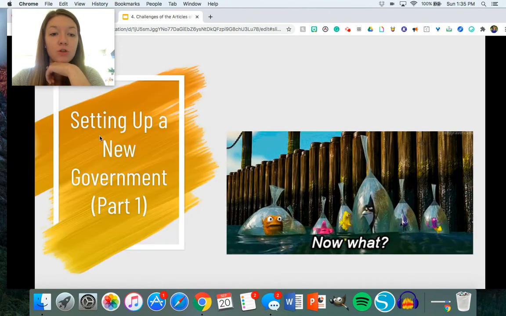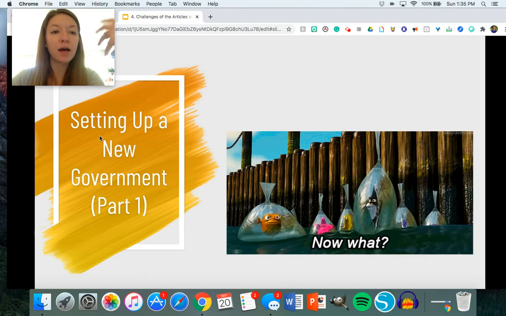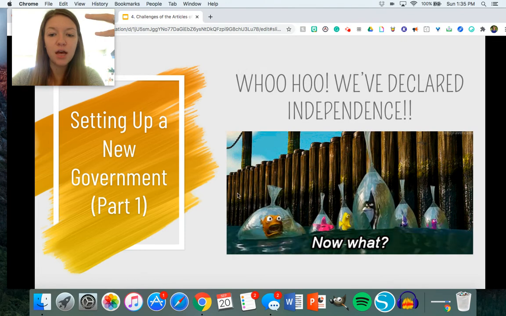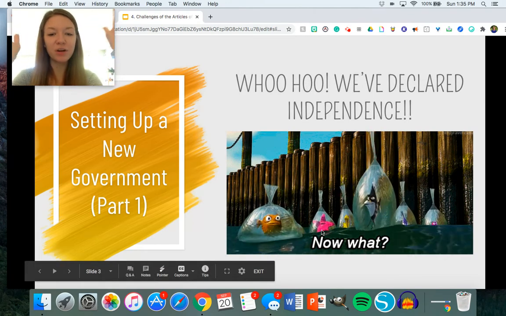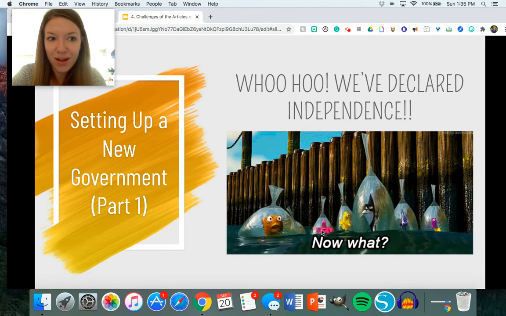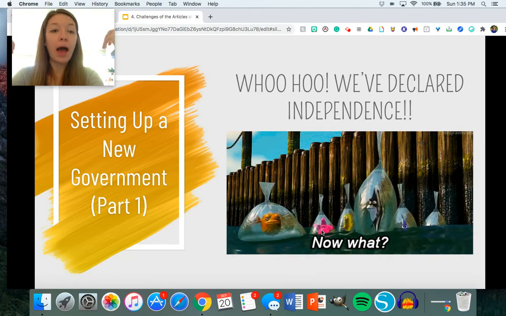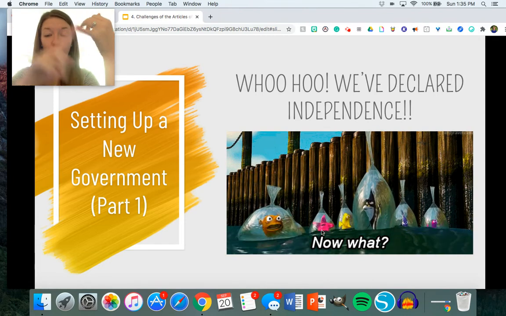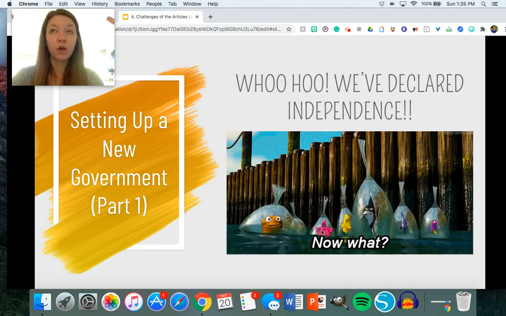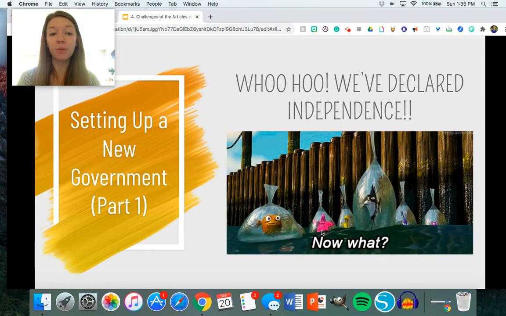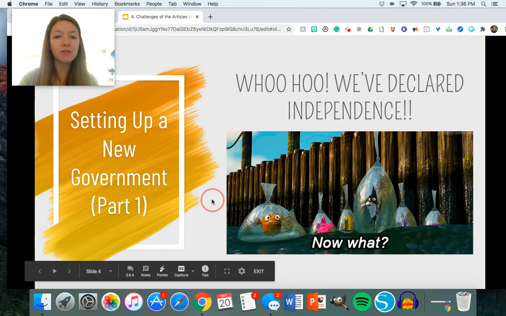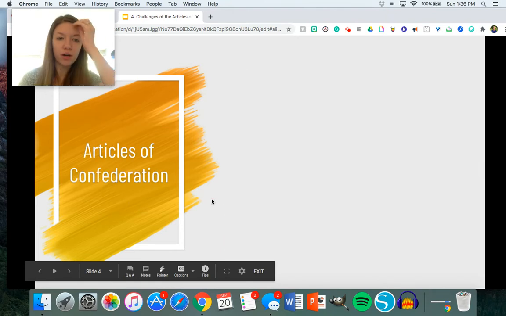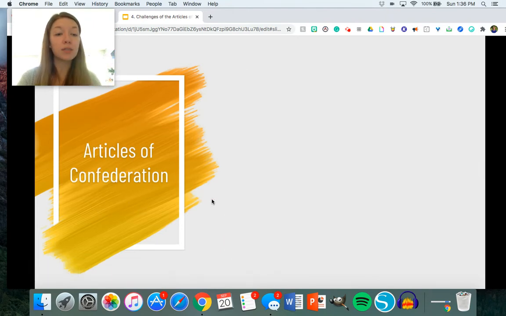Okay. So I kind of imagine our founders were in this position. This is what I have in my brain here. Like, woo, we've declared independence. Now what, right? What do we do? How is it that, while we're fighting this war, we can organize ourselves not only to win, but then set up a government that can last once we win? And that is going to be the Articles of Confederation. And this is getting written and adopted during the American Revolution.